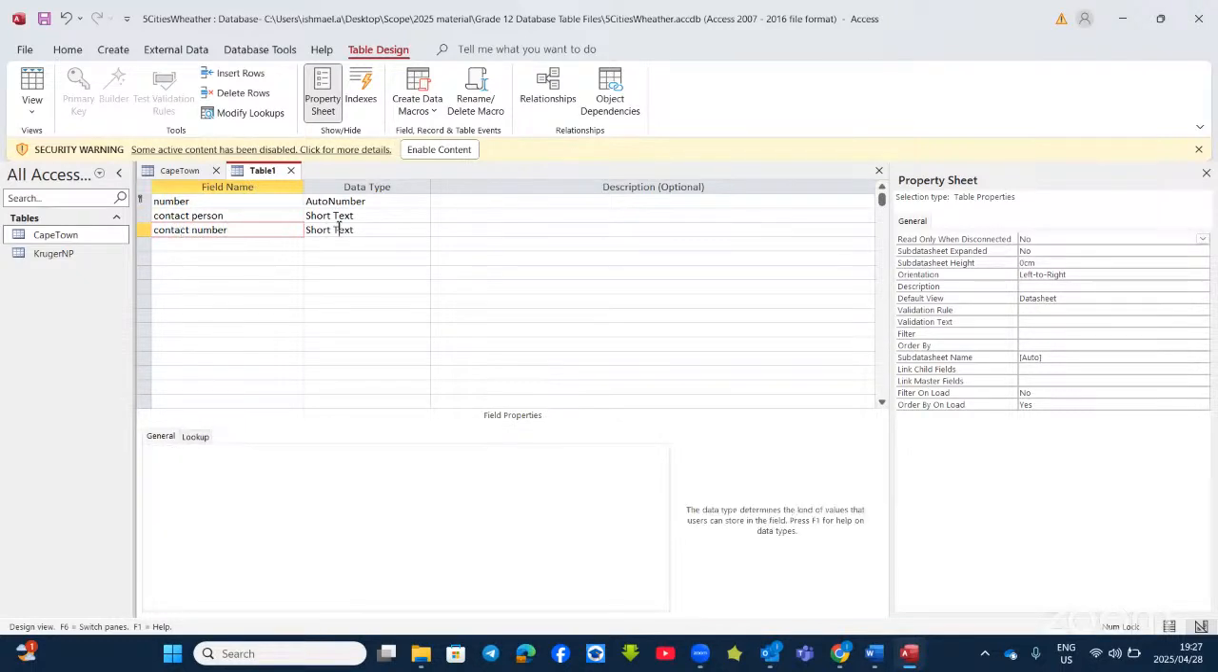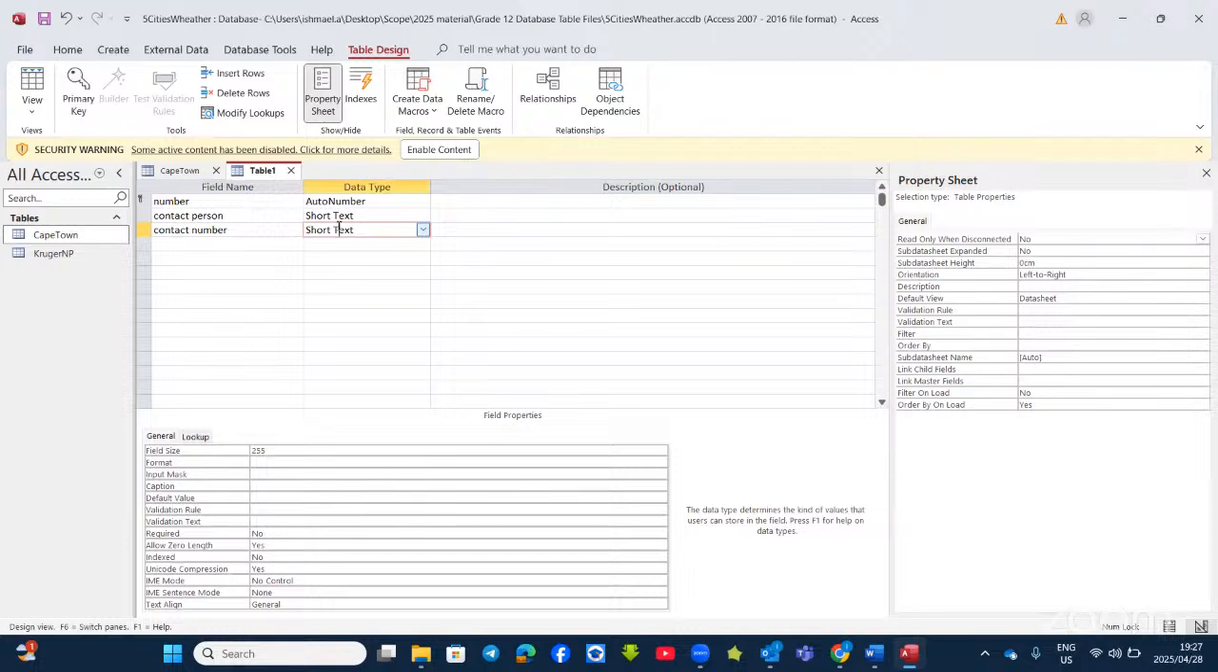Remember, a phone number or contact number should always be a short text. It cannot be a number because of the 0 that it starts with. So here it says